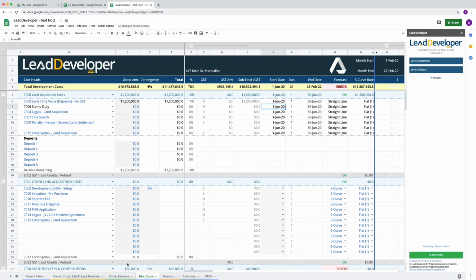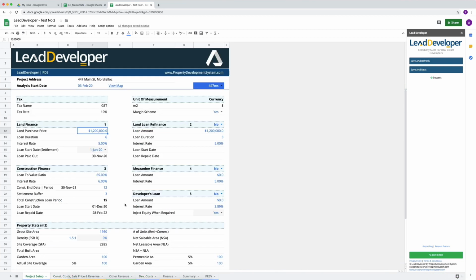So all these calculations have to be updated to get to that point. So if you just change that and came here and changed this, only this sheet got updated. The other two will not get updated. So you make sure that you always go, if you change anything, or if you already